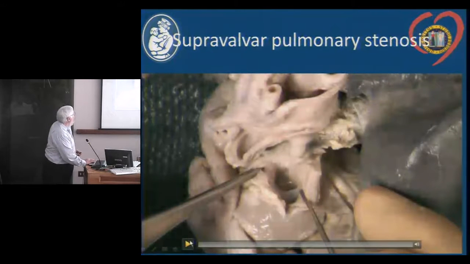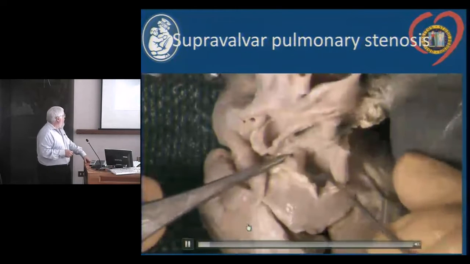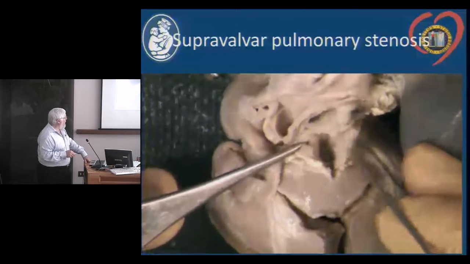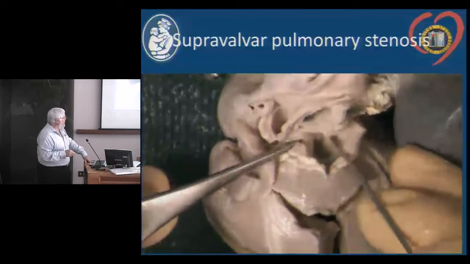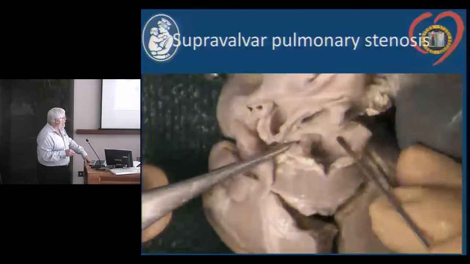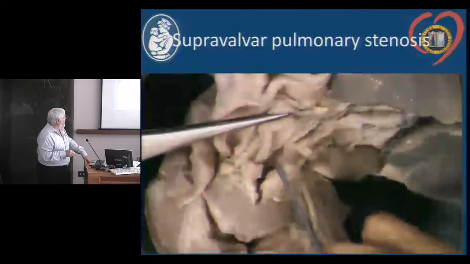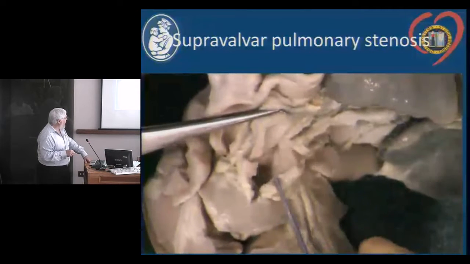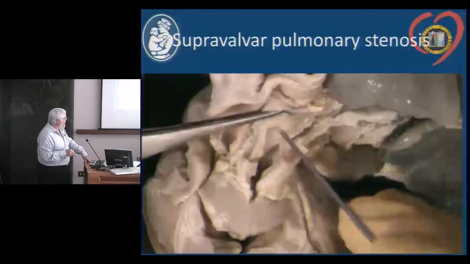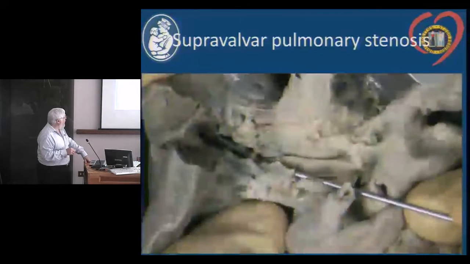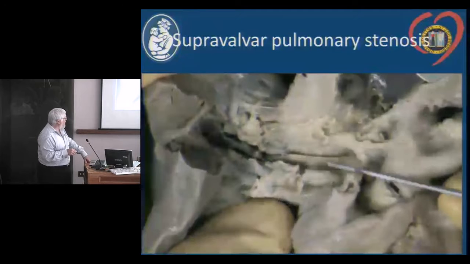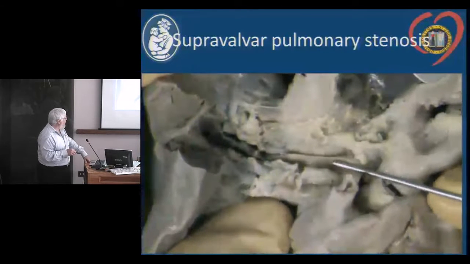Here's an example of supravalvar pulmonary stenosis. So here's, again, the top of the leaflets of the valve right here. So this is the sinotubular junction, and that's where we see narrowing. And look at how thick the pulmonary vascular wall is at this point. You see right at the sinotubular junction, it's markedly thickened. And there you can see the branch pulmonary arteries. Here's the right. You can see how thick the right pulmonary artery is. It goes straight out